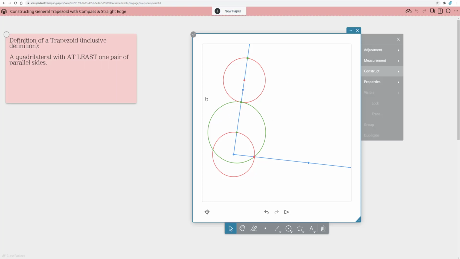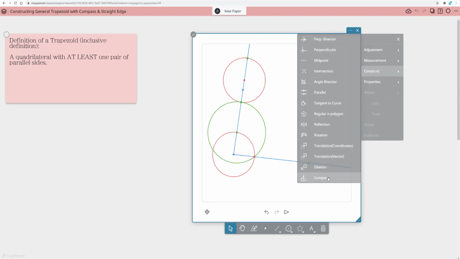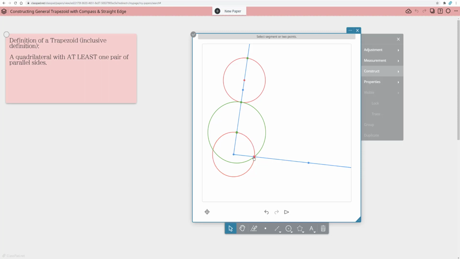And now let's make a copy, a congruent, keeping our compass open. So again, I'm going to go to construct, compass, same opening. So from this point to this, that's my radius. Here's the second congruent circle. And I'm going to place it in the same spot there. And now notice here I have this green circle intersecting this red circle, which we know is the same as this red circle. This green circle is the same as this green circle. So this intersection should be the same. So let's construct that intersection.